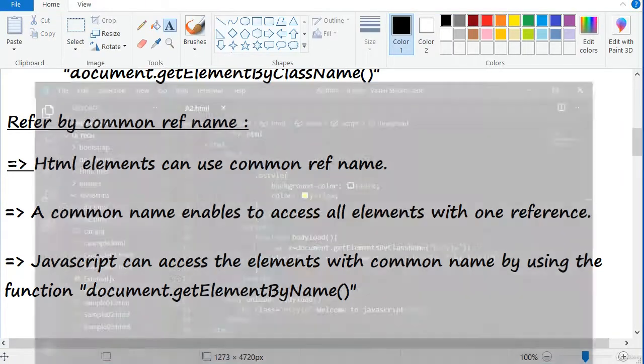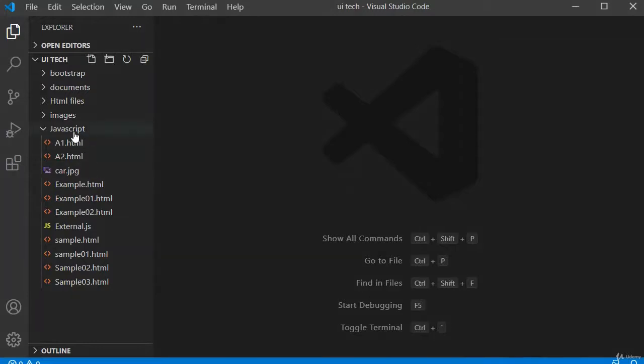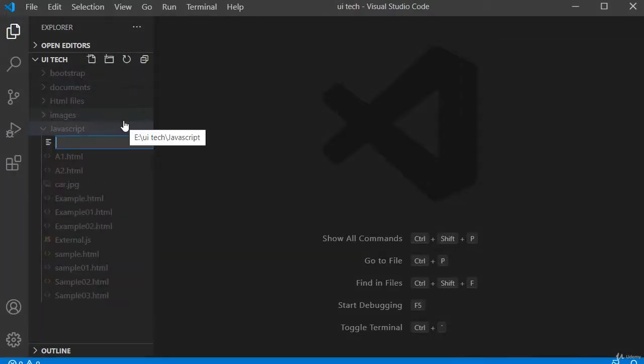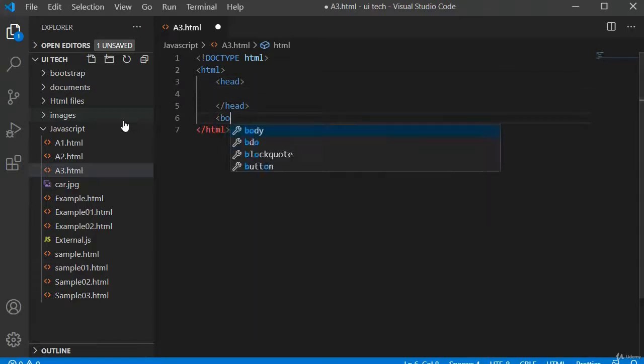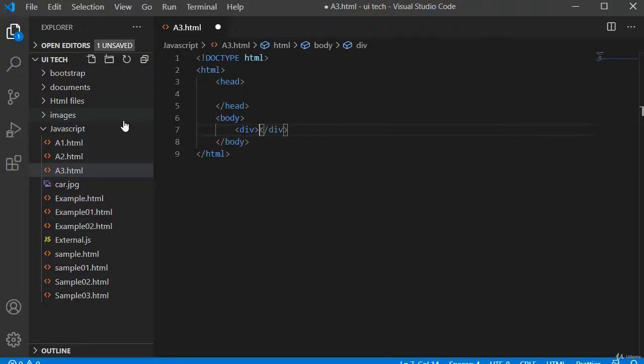Just open our Visual Studio Code, create a new file, name it as a3.html, doctype HTML, we have head section and body. Inside this body section, I just want to use a div tag.